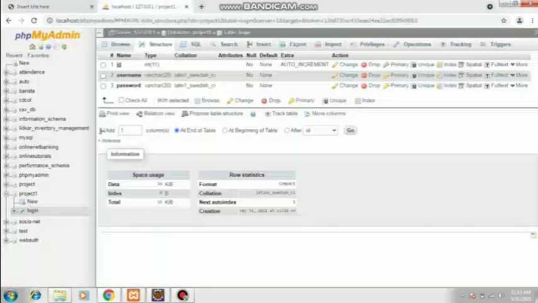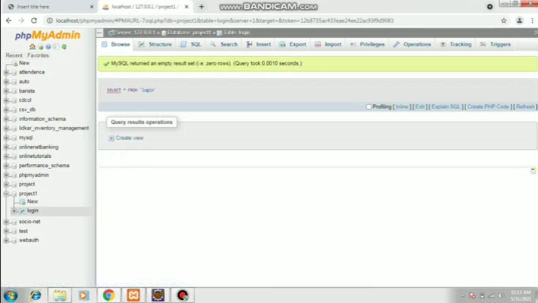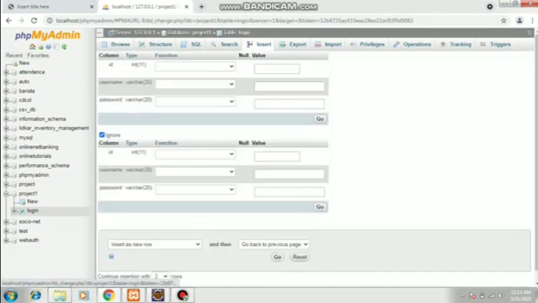Before executing, I need to do something over here. Click on the login table. Now go to insert, because this is a login page. Let me give the values. I am going to give the username as admin, password as 123.